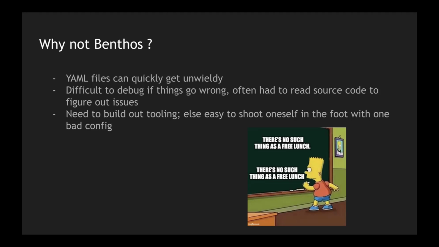The second point that we have seen with Benthos is that some people do use it as a black box, which means there is a possibility that when an error comes, it is somewhat difficult to debug. We have experience where we have seen the source code and gone and debugged, but it is not as easy. If things work, they work. If things don't work, you have to go into the source code to debug and see what is happening. You can't have a debugger on and see code by code what is happening there.